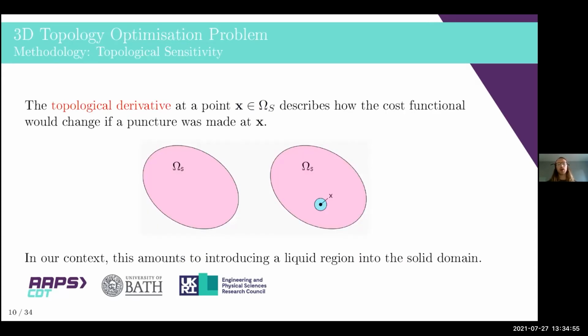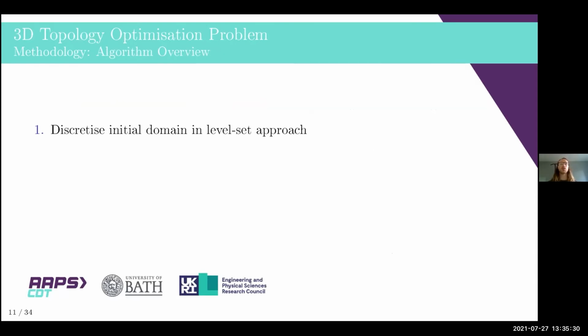How do we actually go about optimizing this and changing the topology of it? When we're looking at topology, we're looking at how the amount of holes and where the holes are in the region affect it. In our context, if we have the solid phase, by inserting a hole, we're inserting a liquid region into a solid domain. The topological derivative at a point in the solid domain describes how the cost functional would change if a puncture was made there. So if we insert a hole and introduce some liquid, how would that affect the stiffness and the conductivity? Then we can use this to inform a level set approach, which I'm not going to go into detail here,